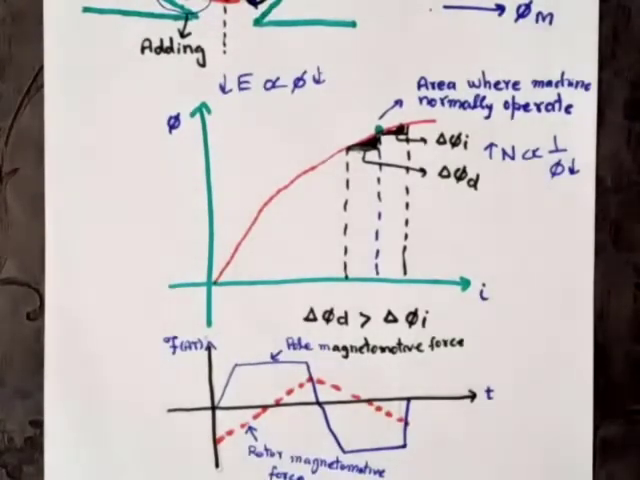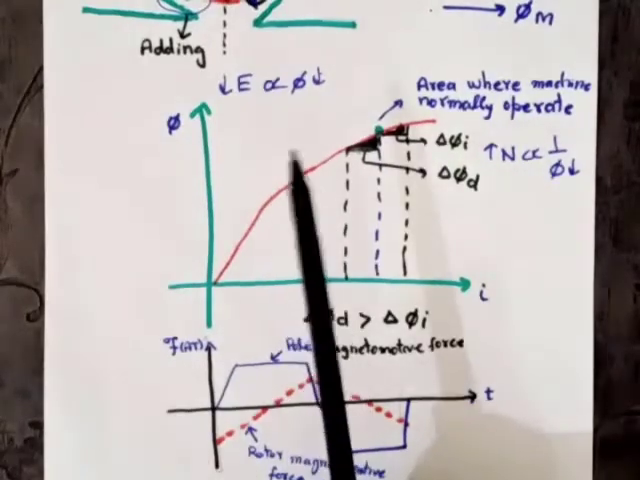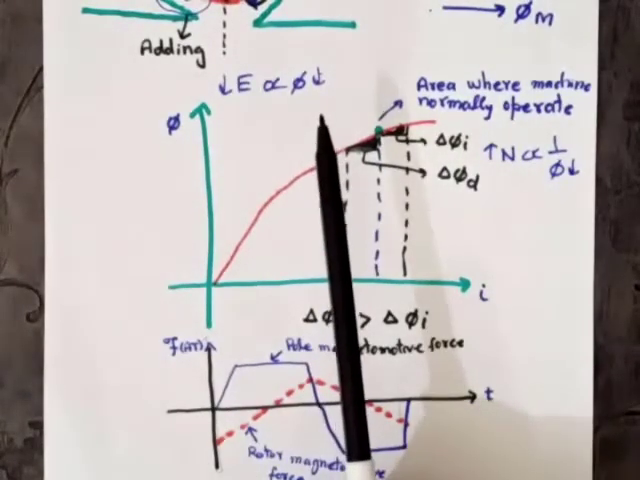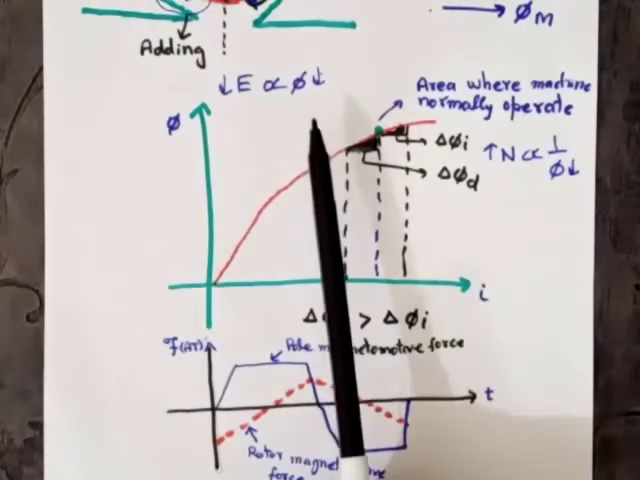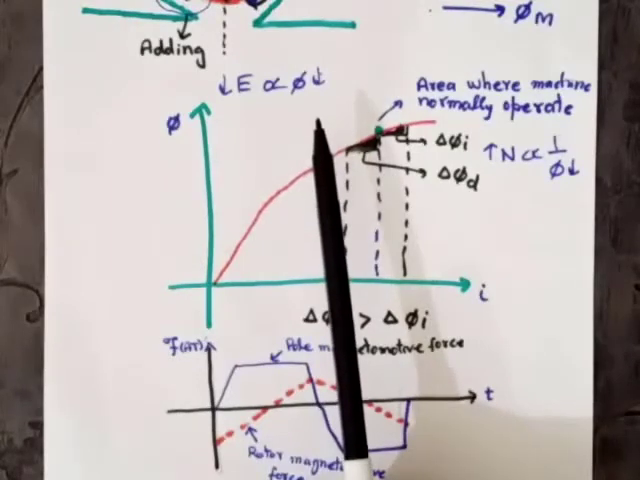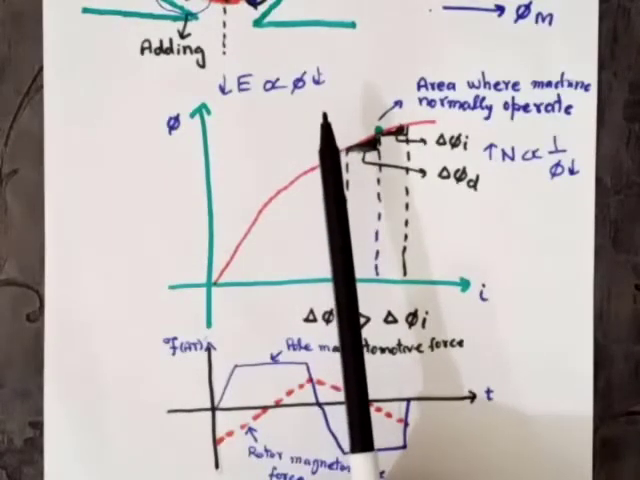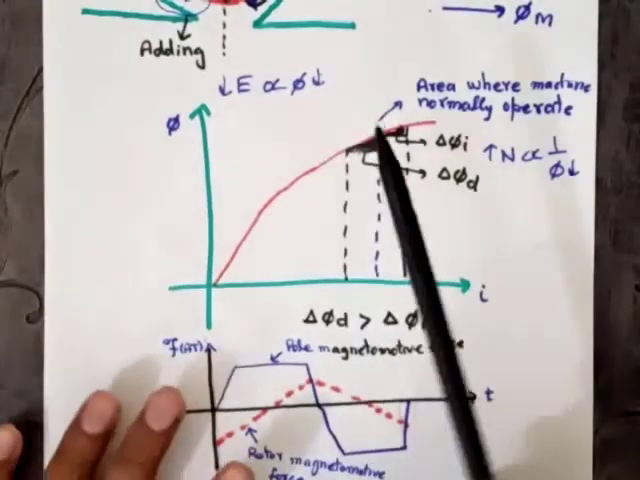Therefore, overall flux will decrease. Therefore, the flux per pole decreases due to armature reaction. Now, what happens to the generator? If the flux decreases, as we know,